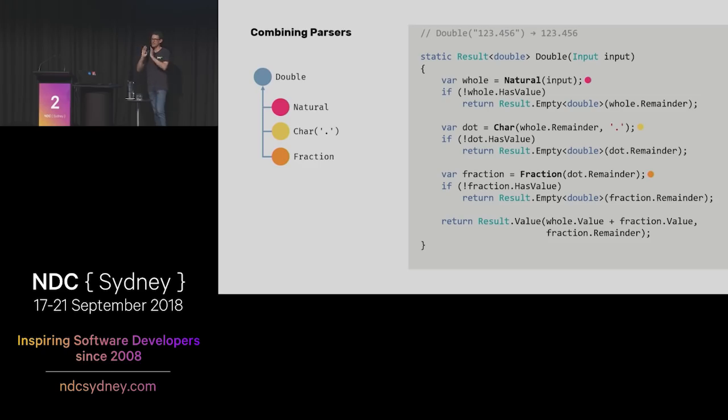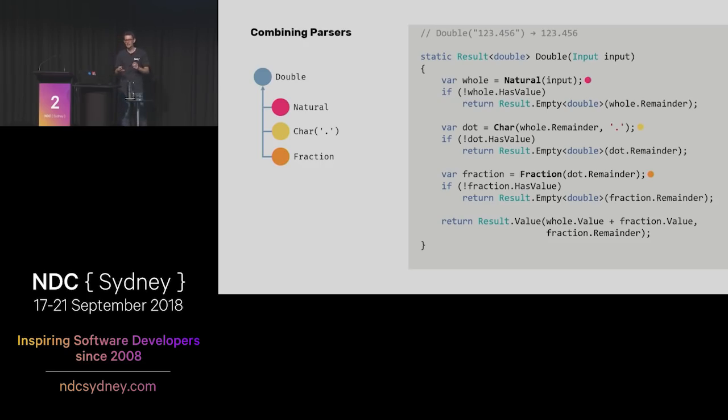But if you can parse natural numbers and you can parse characters, you can imagine writing another parser for fractional parts, which is very much like natural, except that instead of multiplying by 10 each time we move up a place, every time we move off into those fractional digits, then we would divide the next number by 10 to add it on.